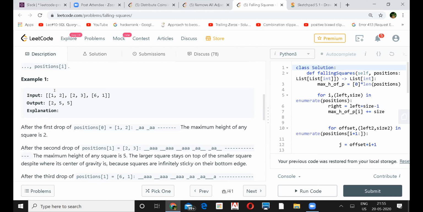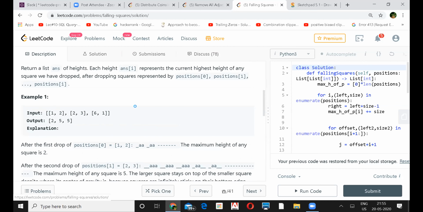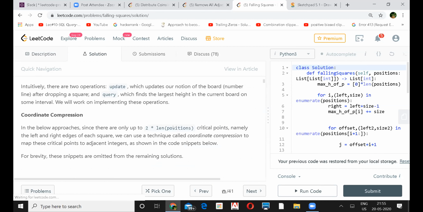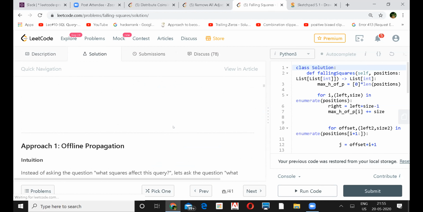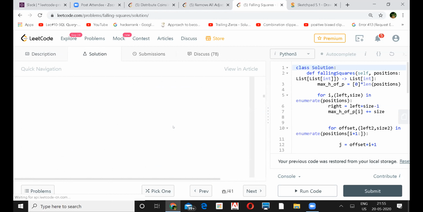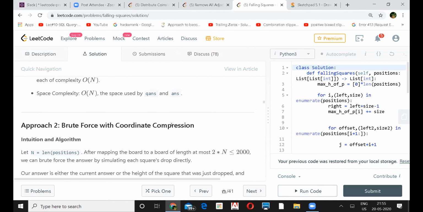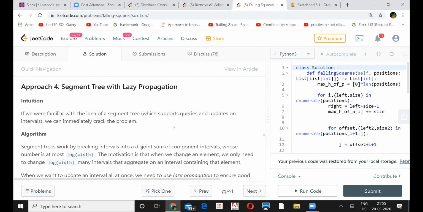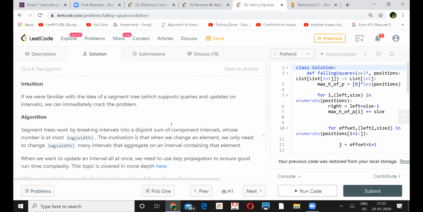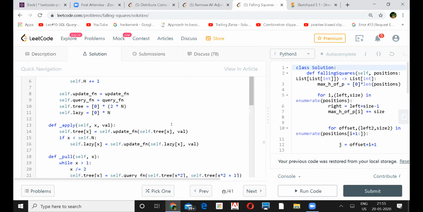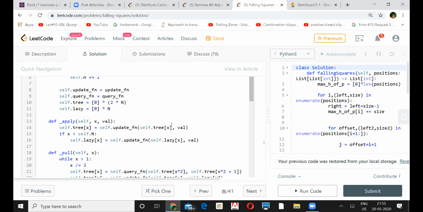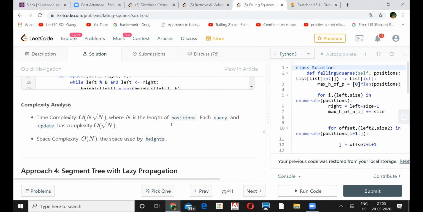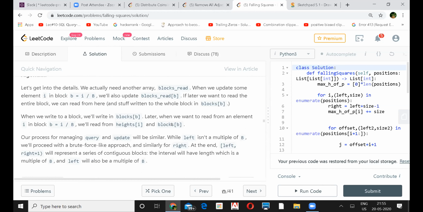Looks like in the solution section they have given many solutions. One thing was segment trees. They are mentioning segment trees, and that was very difficult for me to understand. I just gave up on that. It's the last two actually, third and fourth. The third also I didn't understand. And something about coordinate compression they have used. I don't know what else.